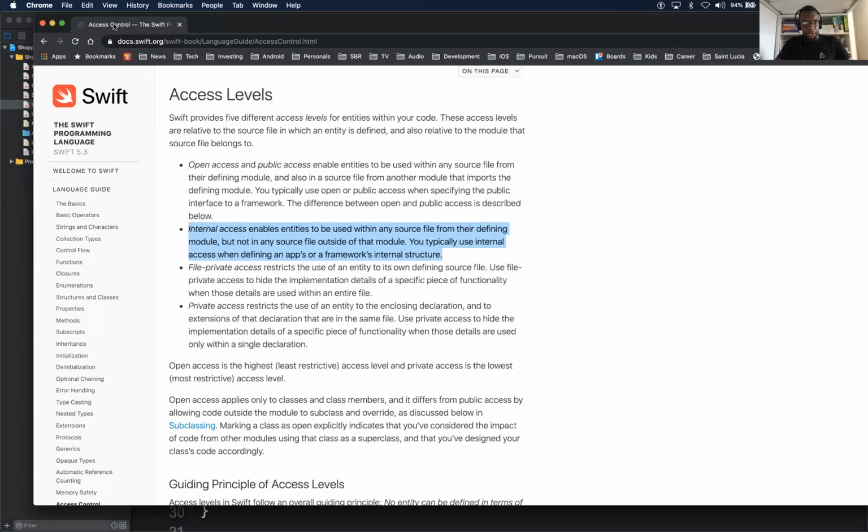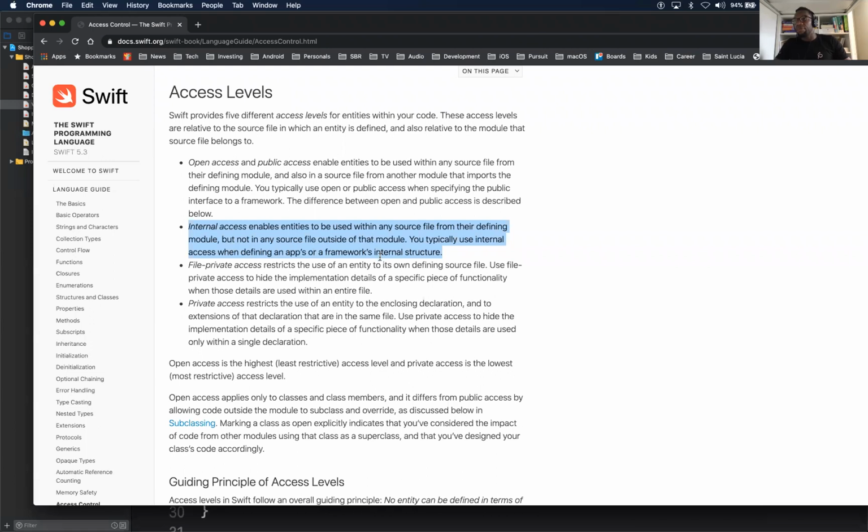So here, I'll just lock that out. But this is your question here. Internal access enables entities to be used within any source file from the defining module, but not in any source file outside of that module. So you typically use it when you're building a framework, right? Okay, yeah. So instead of using public or whatever, you're saying internal. So within the framework itself, you could use that property. Gotcha. So it's like different levels of privacy, essentially.